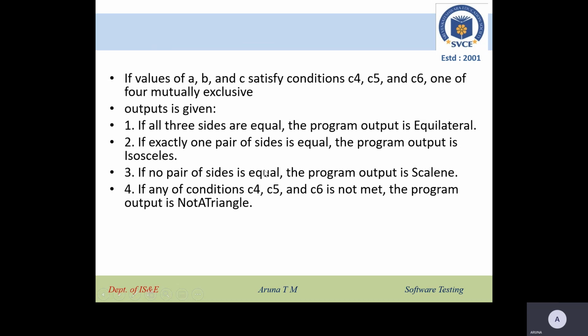If no pair of sides is equal, the program outputs scalene. If the conditions C4, C5, C6 are not met, the program outputs that you cannot form a triangle. So these are the four outputs you can have; one among these four is the output of the triangle program. Let us see how the improved version of the triangle program is constructed.